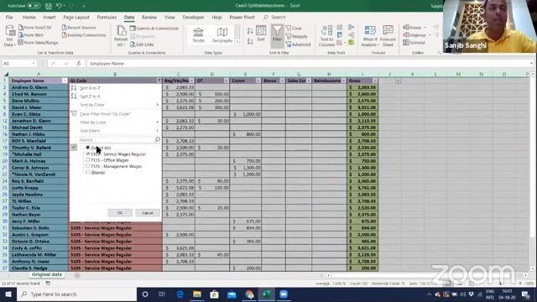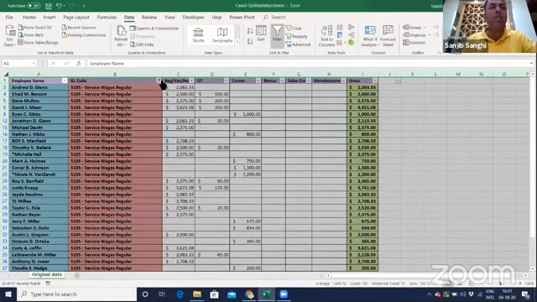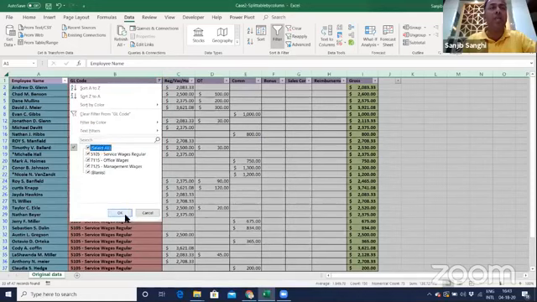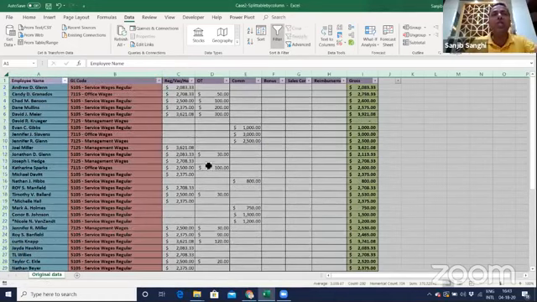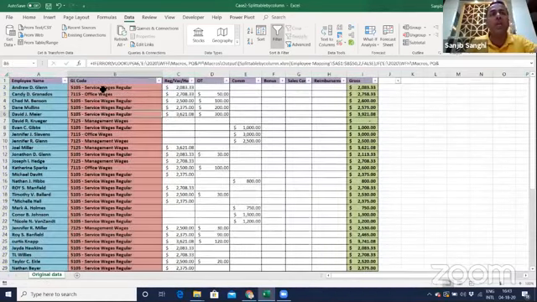Thank you. Great. The objective here is, let me open this again for all of you. If I have this sheet, the objective now is that for every data change in GL code, I want a separate sheet. I want a separate sheet for service wages regular, a separate sheet for office wages with all the data related to it, and a separate sheet for management wages.